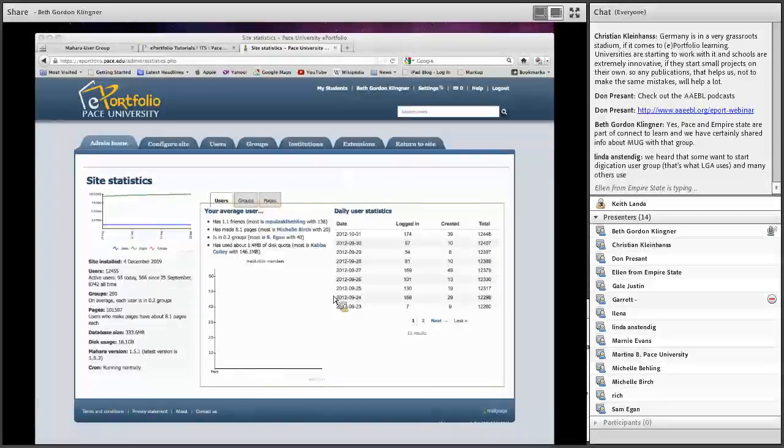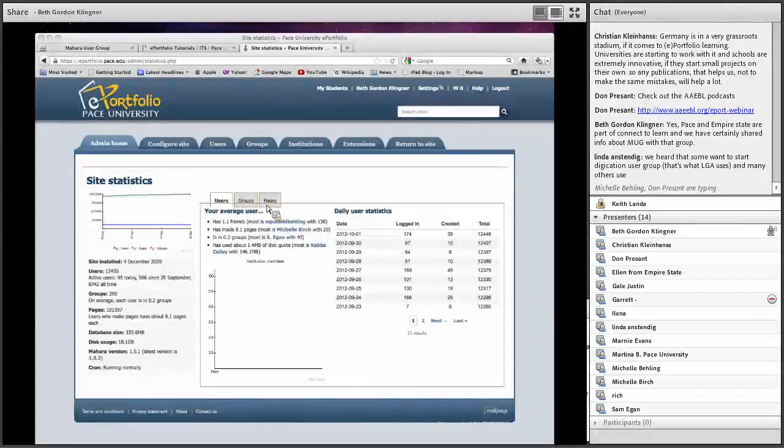And do you all see a site statistics area? Yes. Okay, great. So this is new to us, just as of the end of August. So we're just really trying to better understand what's available here. It gives us some numbers that look interesting and impressive based on usage in just a few weeks, organized by users, groups, and pages.